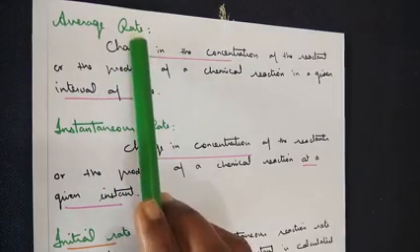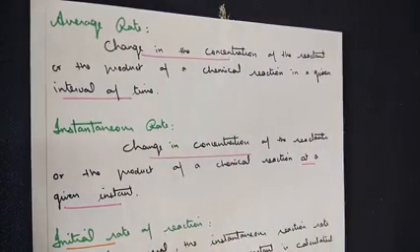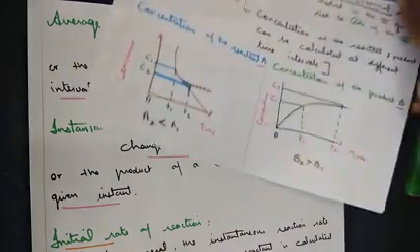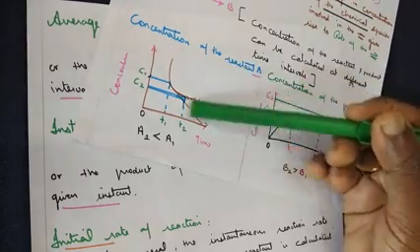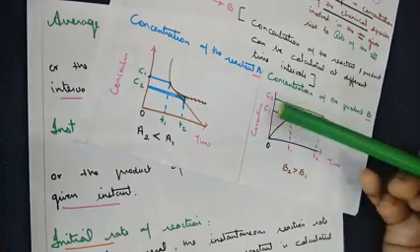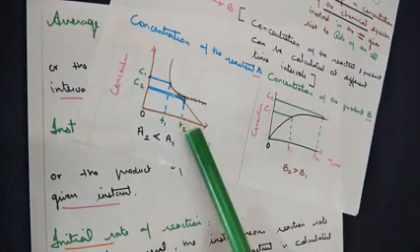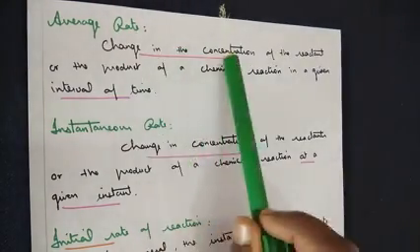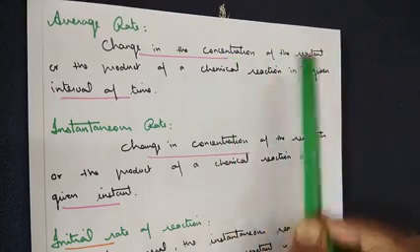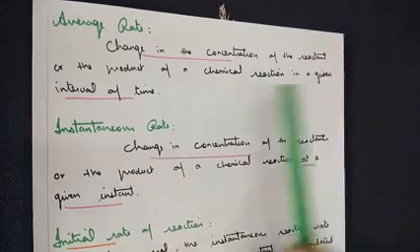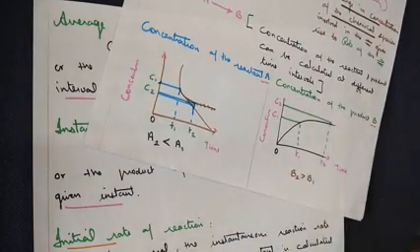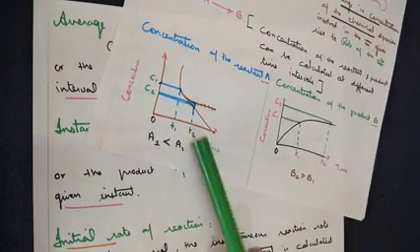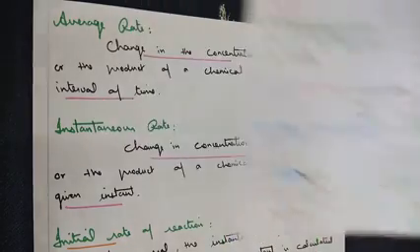So average rate, when you hear change in concentration, again the same graph I will show you. Whether it's on the reactant side or on the product side, if the reaction takes place, there is a change in the concentration, C1 and C2. Here also C1 and C2. Similarly, time interval T1 and T2. Here also T1 and T2. So that's the meaning of change in the concentration of the reactant or the product of a chemical reaction in a given interval of time. So if they ask you for this particular reaction, how will you calculate the given interval of time? T2 minus T1 gives you the given interval of time.